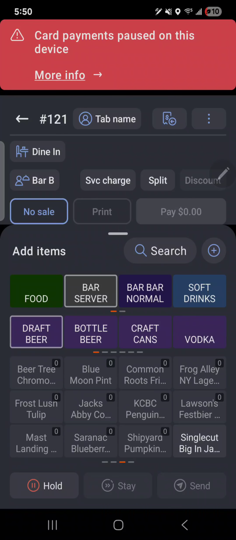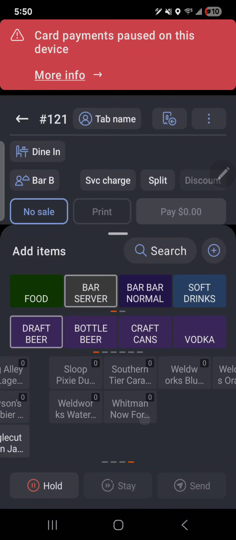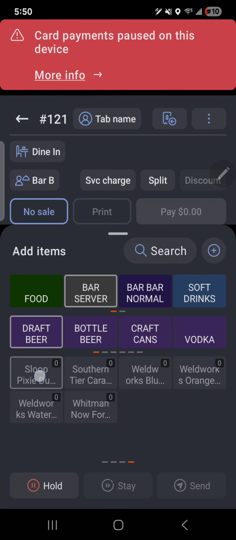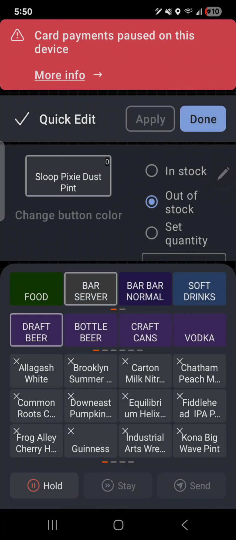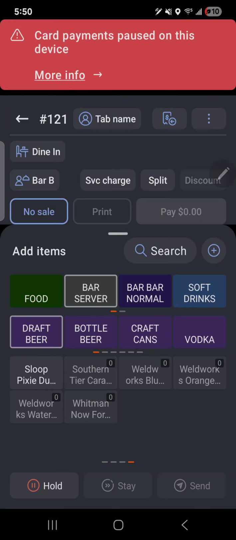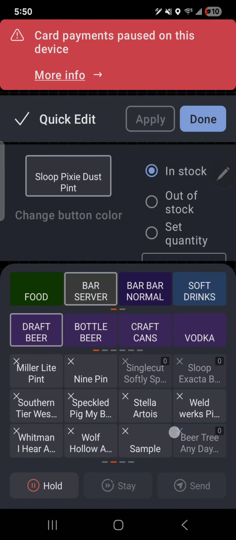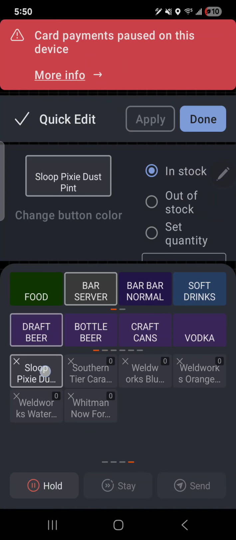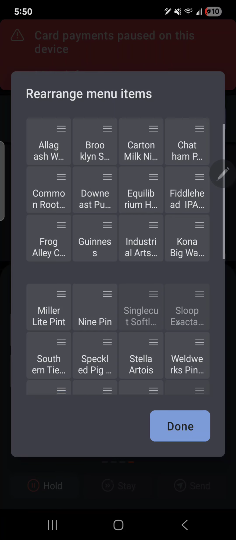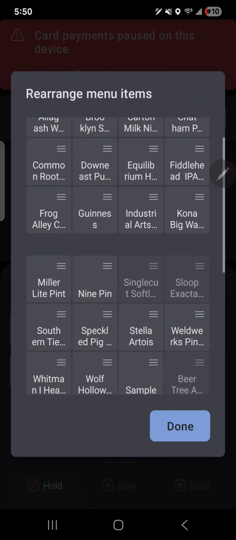And then we're going to find the beer that we switched out to, which is another Sloop Pixie Dust. Click and hold, enter quick edit, putting that in stock. Click apply. Now we can also click and hold, and we can go to that Sloop, and we can move that to where the other Sloop used to be. So if we wanted to move that around, we could. I'm not going to do it now because we're live, and I would move the 86th Sloop down to the